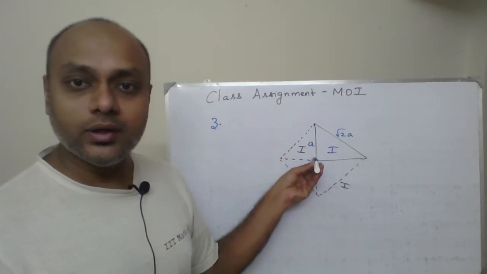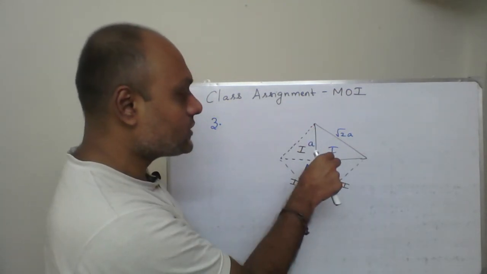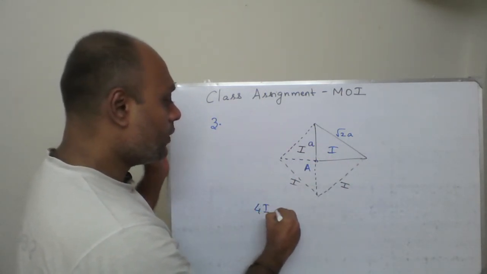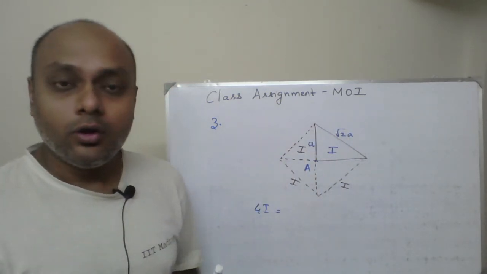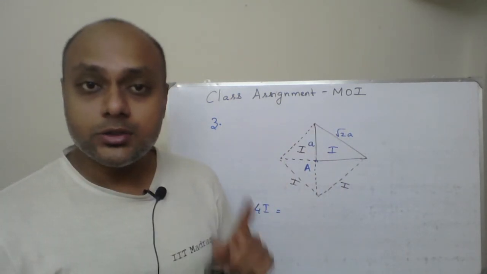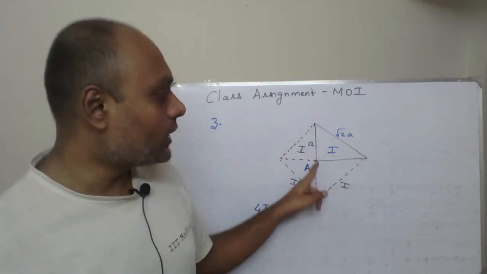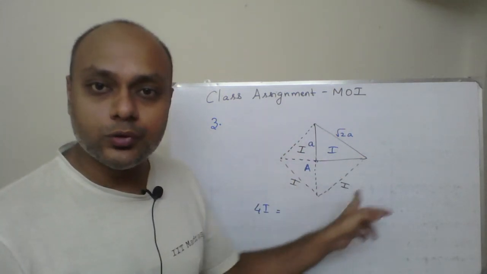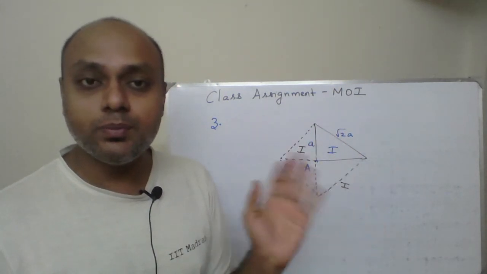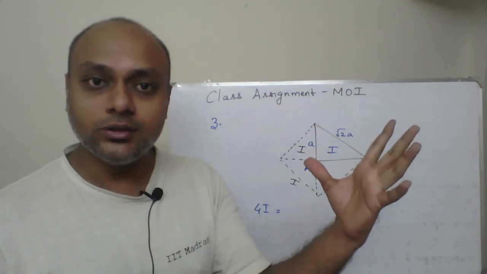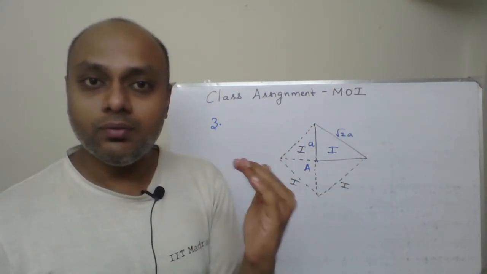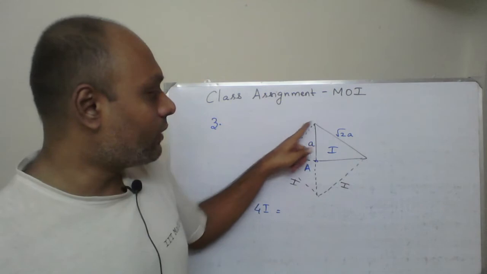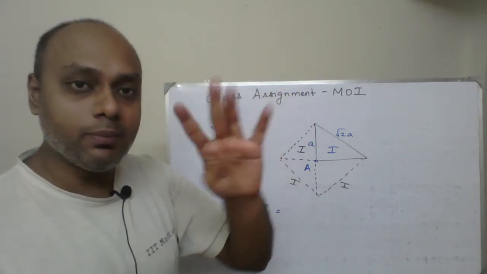And we know the moment of inertia expression for a square about axis passing through its center. So 4I will be equal to the moment of inertia of the full square. Now be very careful: mass of the full square will become 4m, because mass of one triangle is m, and you constructed the remaining 3 triangles to generate a full square. When you are making constructions, or when some mass is removed, you have to be very careful while relating the mass of the shapes that you obtain. So we have obtained a square shape, and the mass of that square will become 4m.